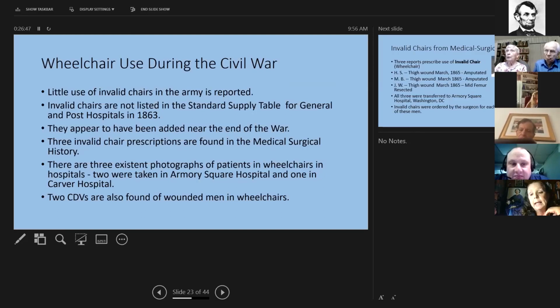Three invalid chair prescriptions were found in the medical and surgical history, and there were three existing photographs of patients in wheelchairs in hospitals. Two were taken in Armory Square Hospital and one in Carver Hospital. Two CDVs are also found of wounded men in wheelchairs.